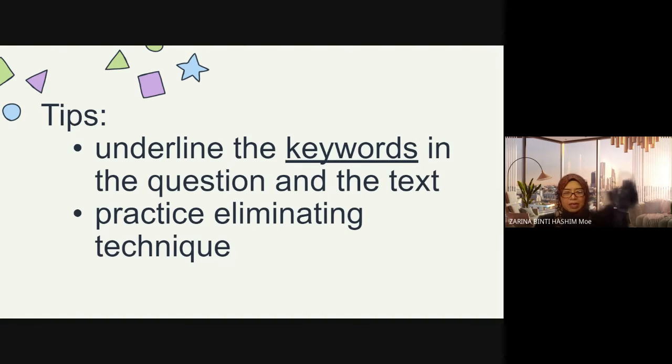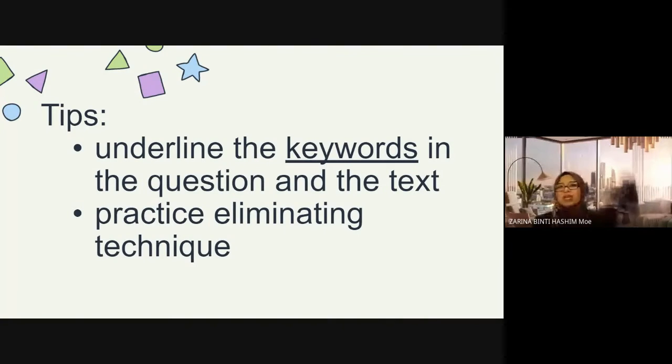And then when you read again, you notice B is also not in the notice. That means it is not information that you can find in the notice. So you also eliminate or take out answer B. And you will have two answers which are very close to one another, and you have to really look at the information to decide which is the best answer. So this is for part one.